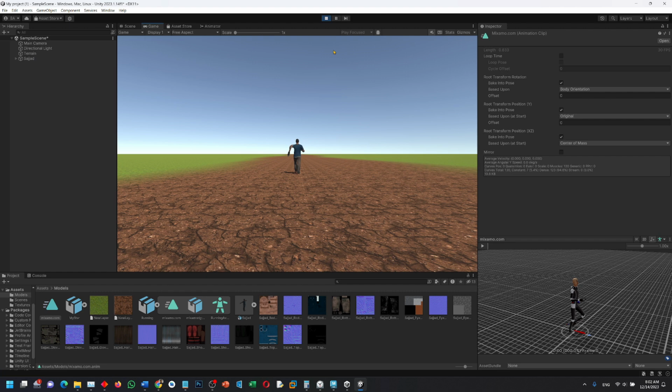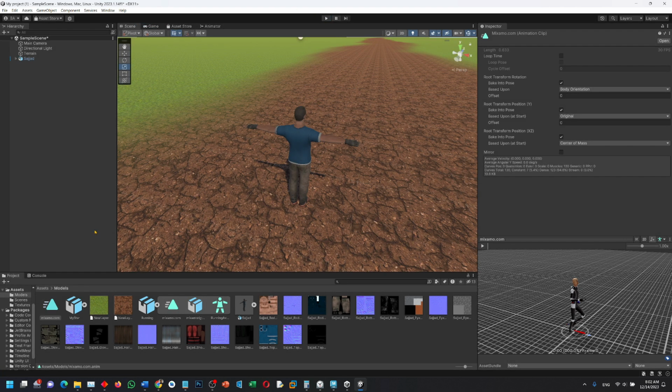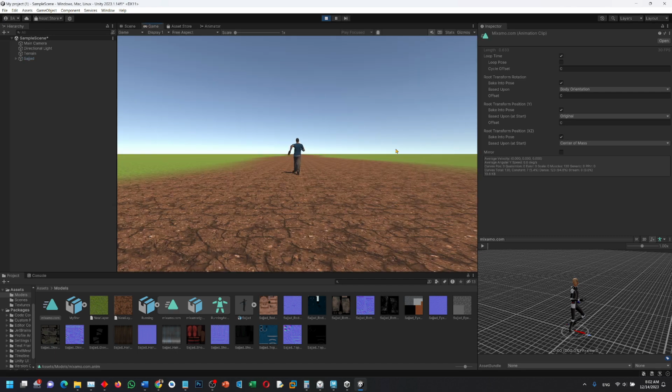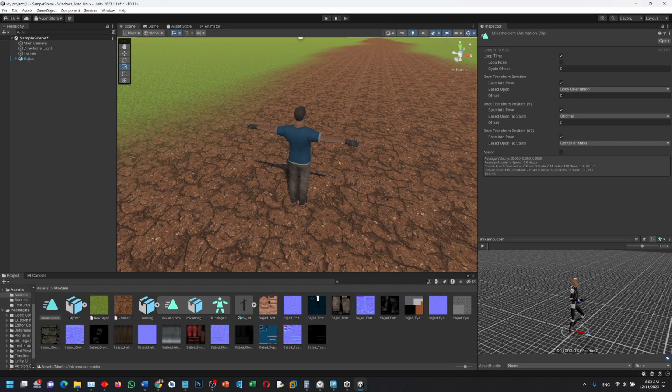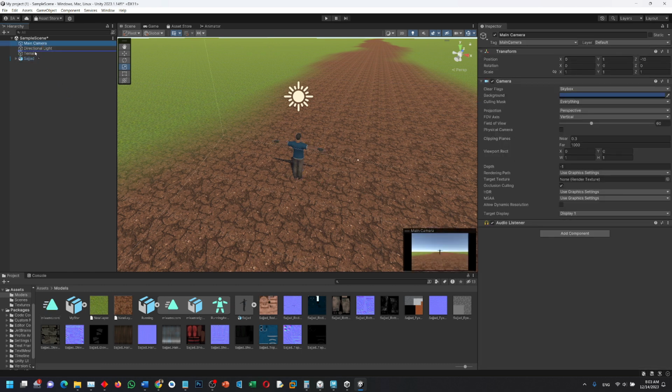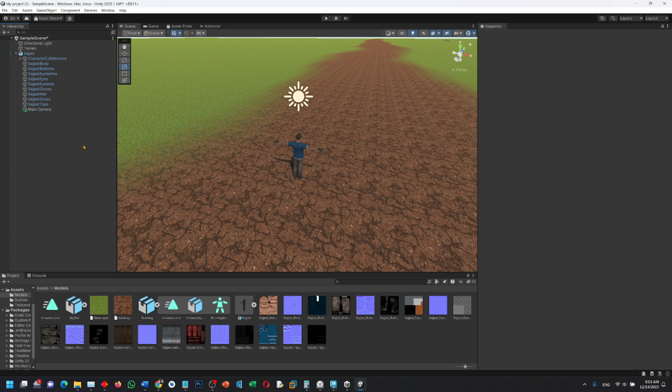So the guy is running just fine now. It ran only once because we did not loop. So we can say loop time, and this should loop time. Looking good. So next thing I'm going to do is probably make the camera a child of Sajjad Saab, and